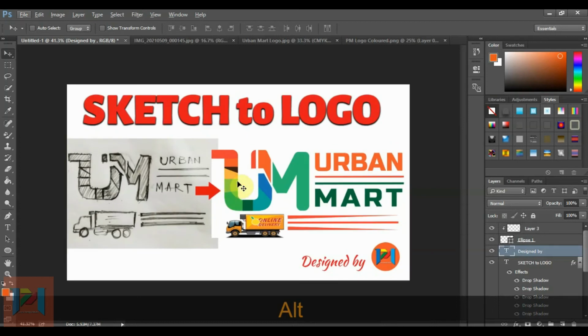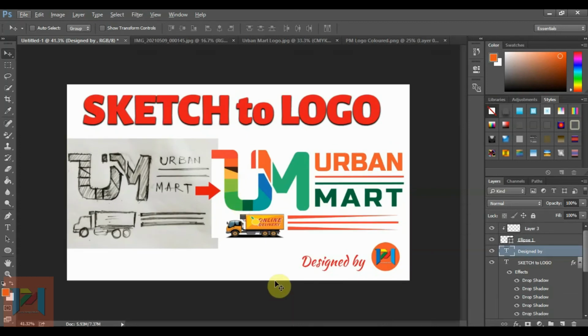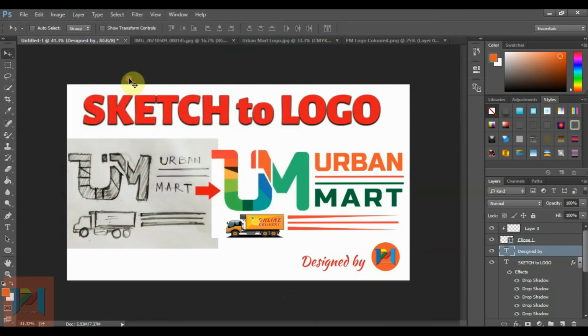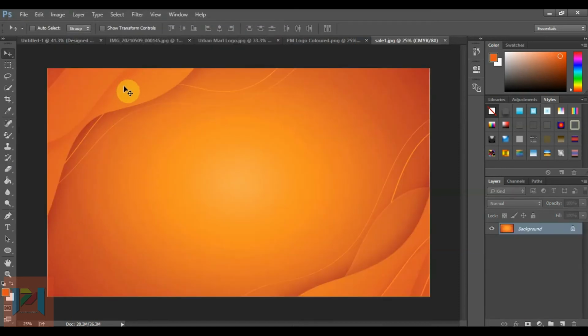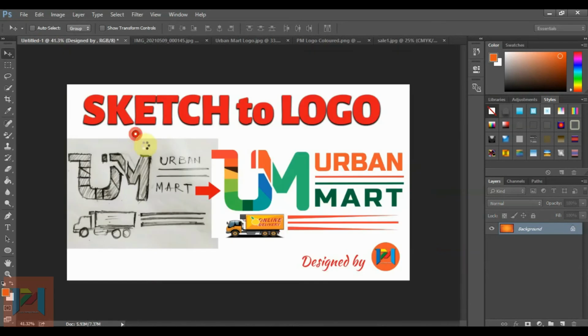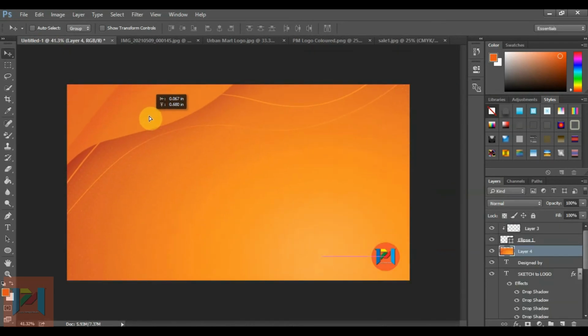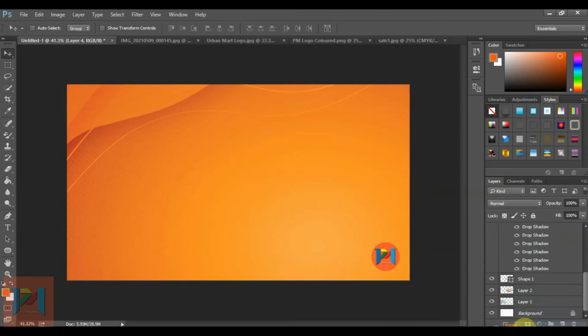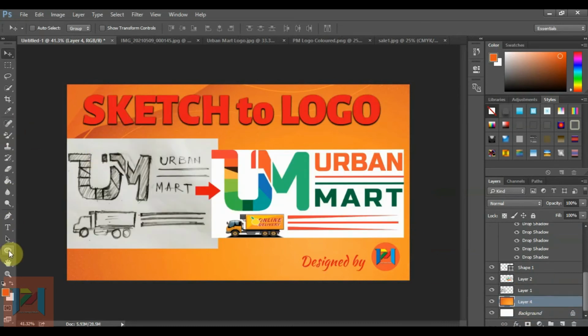Now it looks good enough, but I'm not satisfied yet, so I want to put some background on the whole file. I've already downloaded a background. I'm just importing it, opening it in the Photoshop file and dragging it to the file underneath the main file. Now here my layer is on top of the text, so I'm just dragging it to just above the